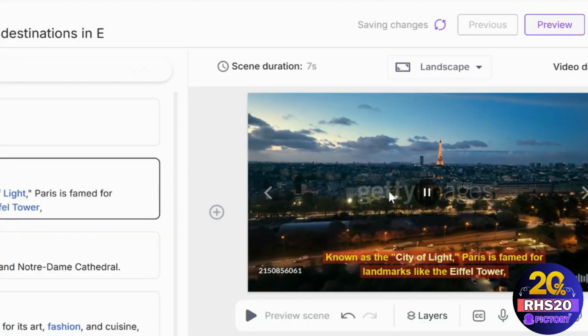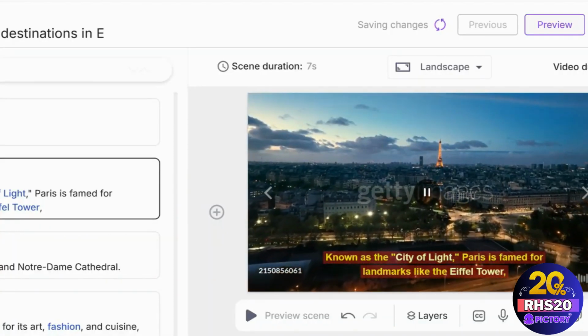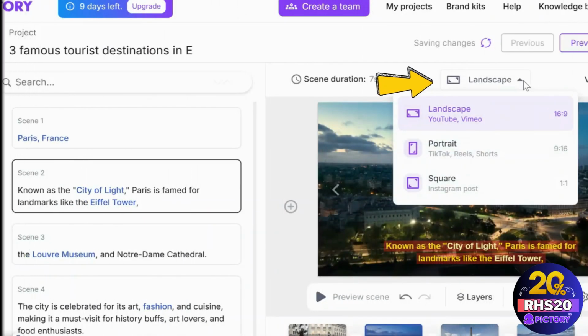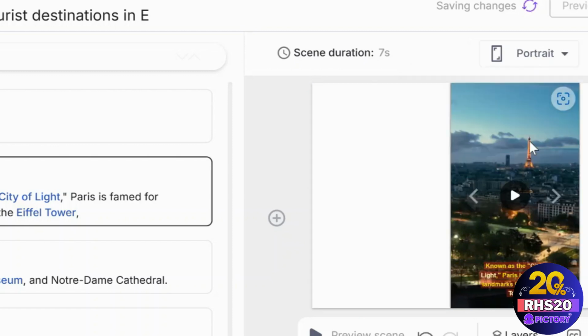Just a note, the watermarks you see are only for preview purposes. If you have the right plan, they'll be removed later. You can adjust the video sizes here. If you're creating content for YouTube, TikTok, or Instagram, modify it to suit your needs. You can also resize existing projects. For instance, if I prefer a portrait format for TikTok Reels or Shorts, I just click here and it instantly